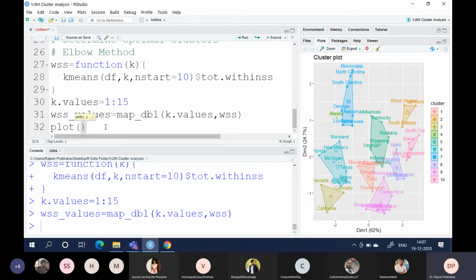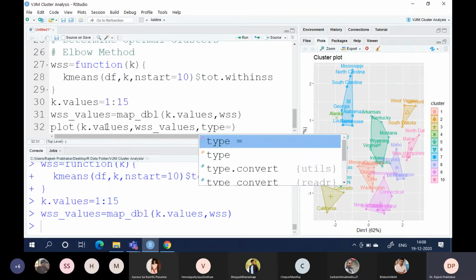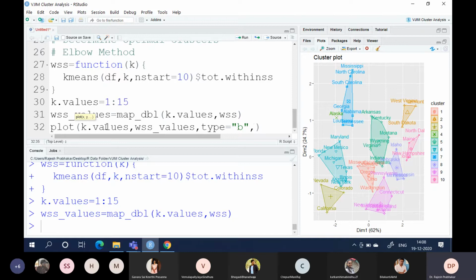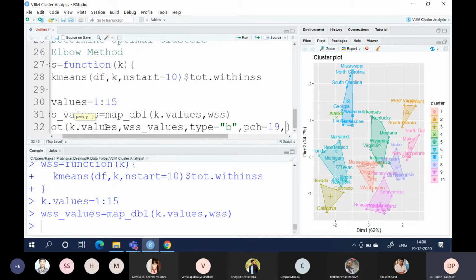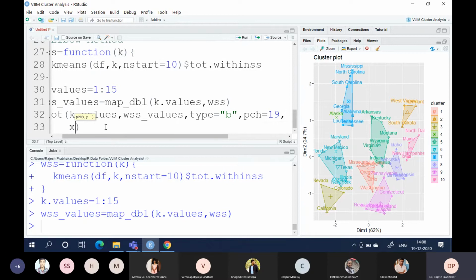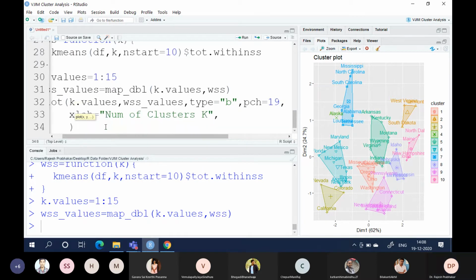Plot(k.values, wss_values, type = "b", pch = 19, xlab = "Number of clusters", ylab = "Total within-cluster sum of squares").